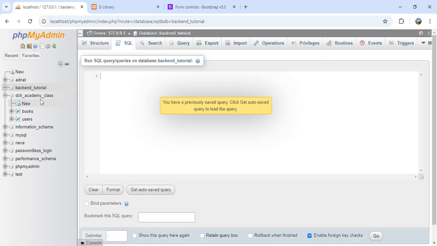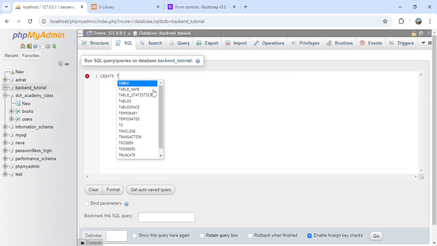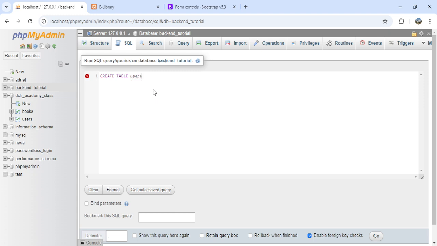So as this database is selected, right? So I will create table user. So we're going to have two tables basically. I'm going to have the users table that stores the users' information when they create an account, and I'm going to have a books table that actually stores the books you're entering. Each book is linked to a user, right? So create table users,